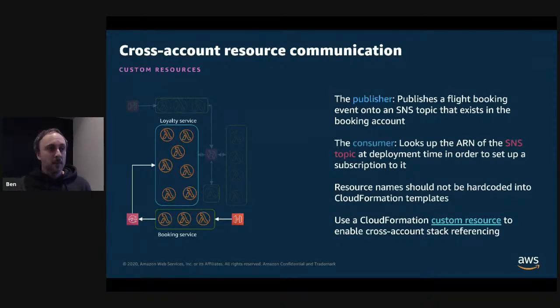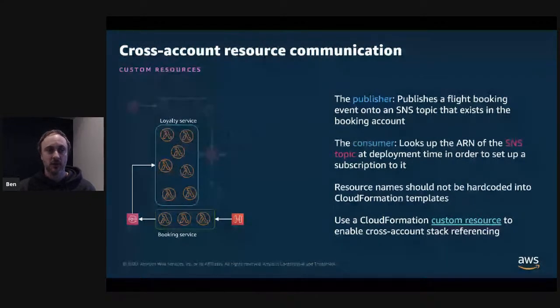Now, we know it's bad practice to hard code resource names and ARNs into CloudFormation templates. So how can we achieve this cross-account stack referencing in a secure and repeatable way? There's lots of different ways to do this, by the way. As ever with AWS, it always depends, but one good solution is to use what's called a CloudFormation custom resource.